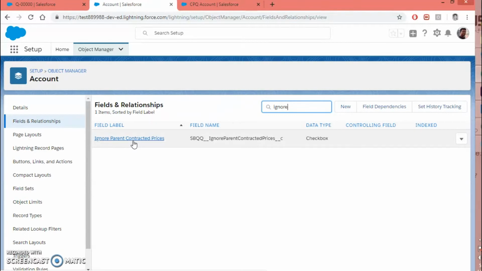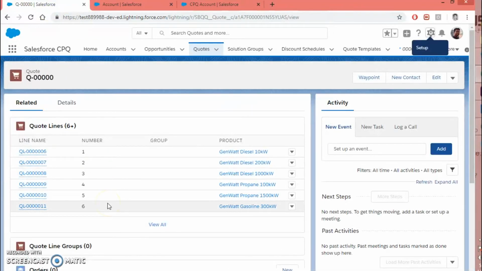All right, I guess that is enough to understand what contracted pricing is, how you can utilize it on the quote, and how you can add it manually. If you want to automate it, once the quote gets contracted, you'll just have to update that field on the quote, and you can set it to either price or discount schedule, or mark it as do not generate, and accordingly it will behave. So this will be the scenario.